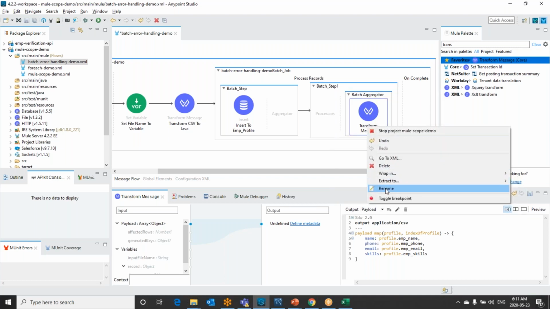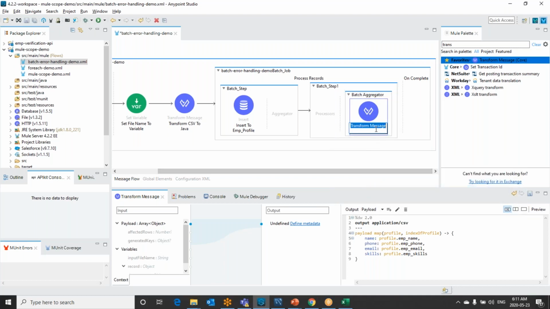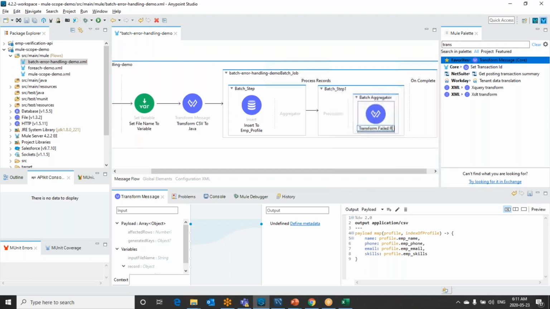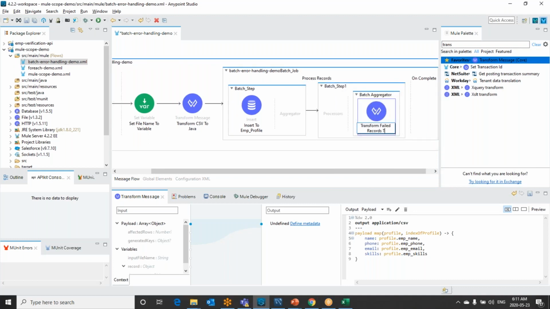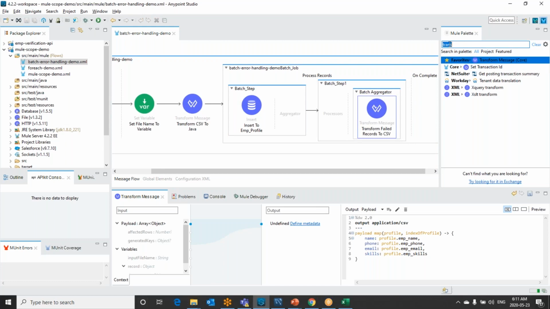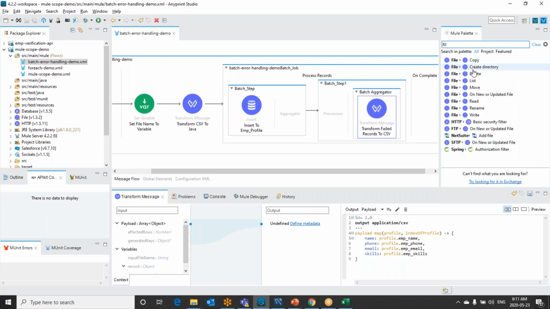And let me rename it to transform failed records to CSV. Let's write this to a location called failed records.